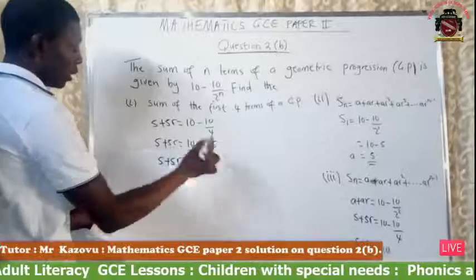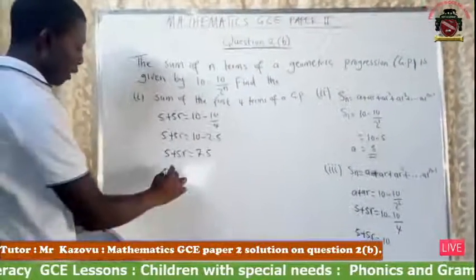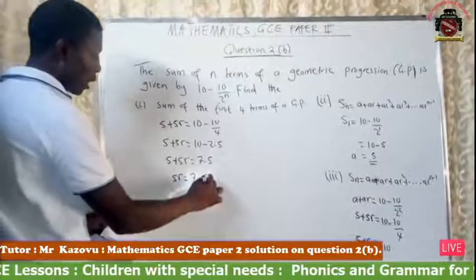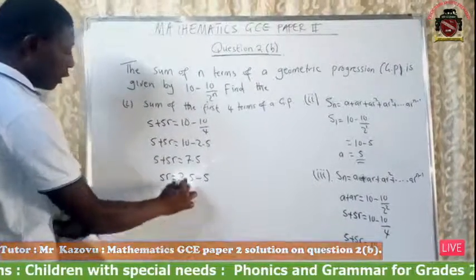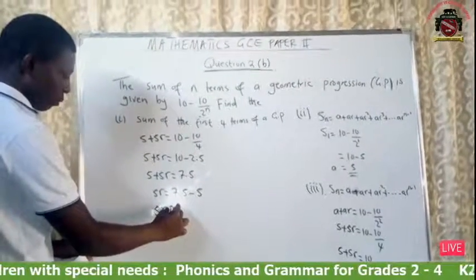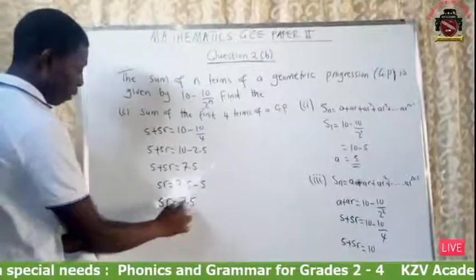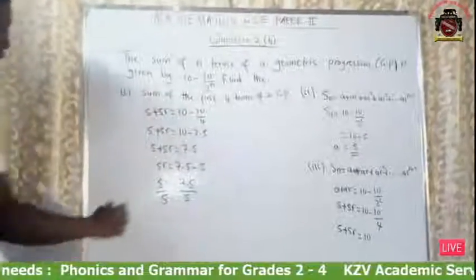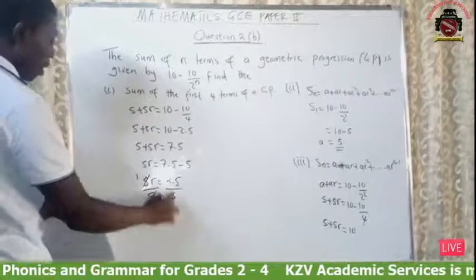Yes, 7.5. And then we want to find the value of r. So we say 5r is equal to 7.5 minus 5, since when you take 5 to the other side, it becomes negative 5. What do we get? 2.5. Then we divide both sides by 5, or multiply both sides by 1 over 5, so r is equal to 2.5 over 5. What we get is